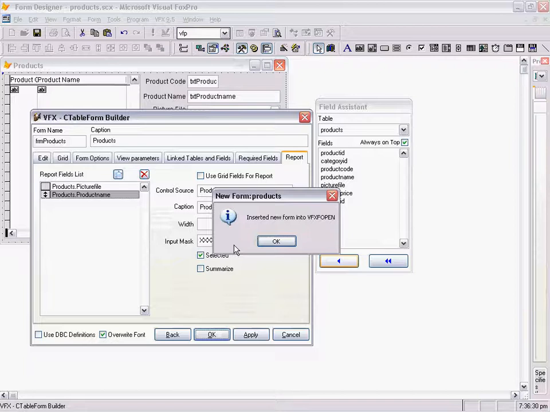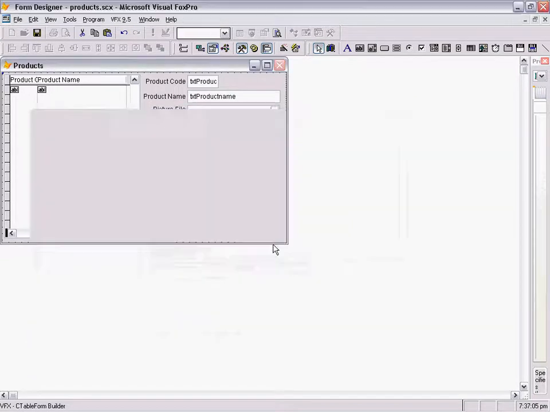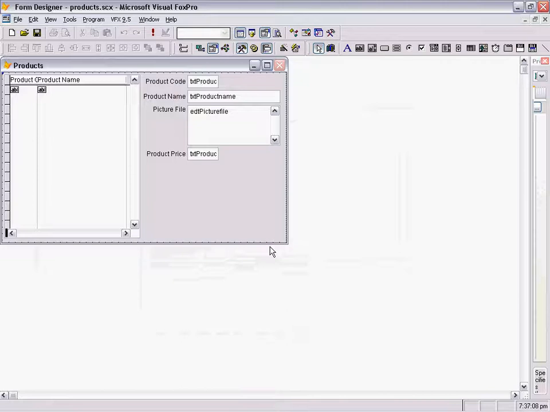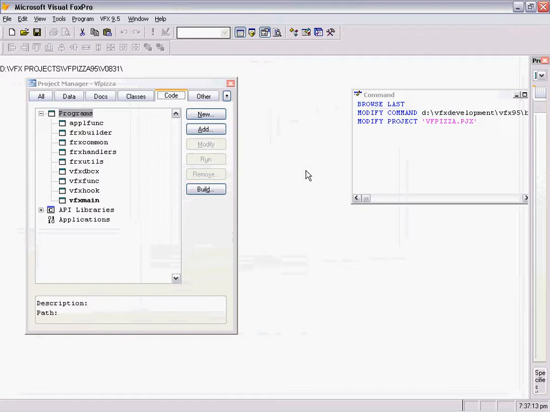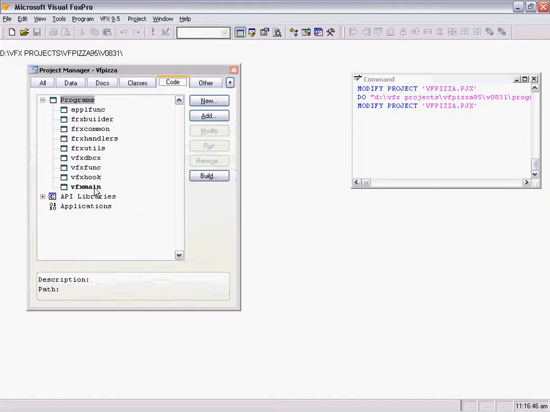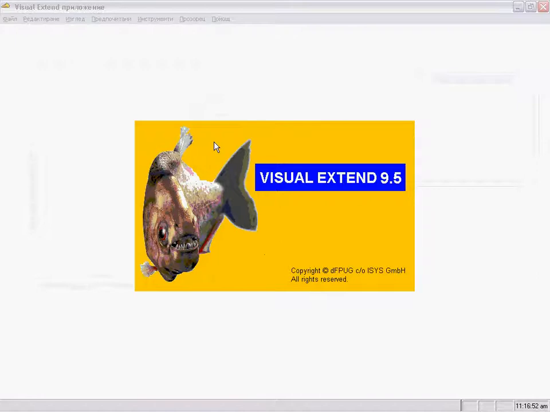What does this mean? In the template application is included an XP Open Style dialog, and this open dialog is data driven. VFX fopen is the table that is used to fill this dialog, and every time when you create a new form, a new record is entered into the VFX fopen table, giving you the ability to start the form just by clicking on a link in the open dialog form. I will click on OK, and here is my generated form. We'll save it, and now let's have a look how the application looks at runtime.